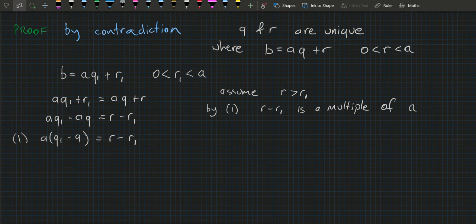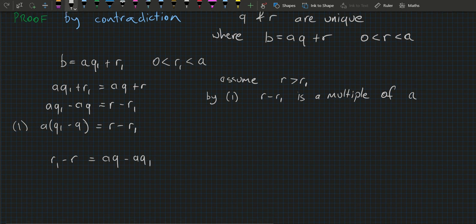And in the same way, I could also rewrite that initial equation to say that R1, and I subtract the R to this side, and I subtract the Q1 over to the other side, AQ minus AQ1, and then factor out the A. If I assume that R1 is greater than R, I'm going to also get to the point where, we'll call this equation 2,